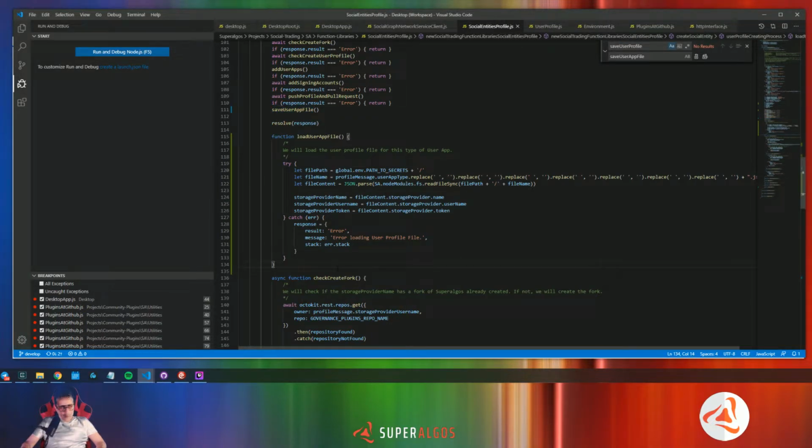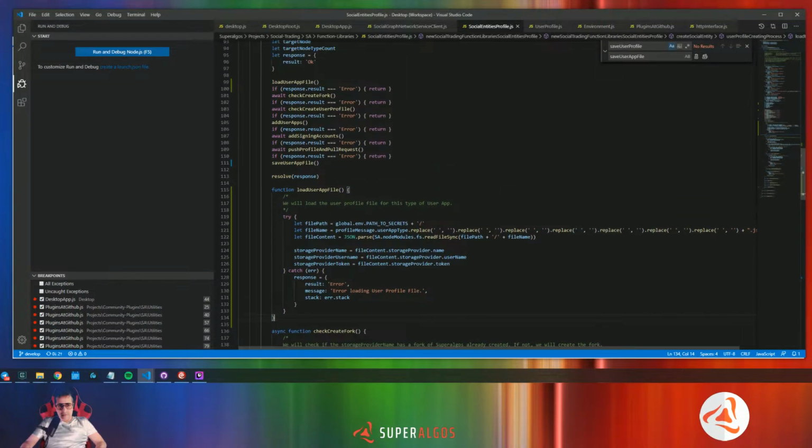Okay, so point number one checked. We load the user app file. The second point,